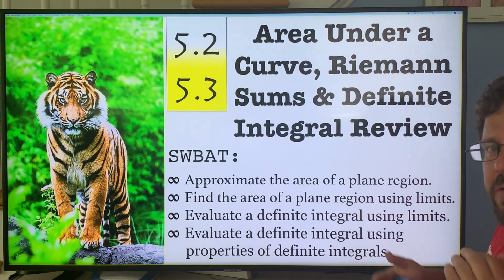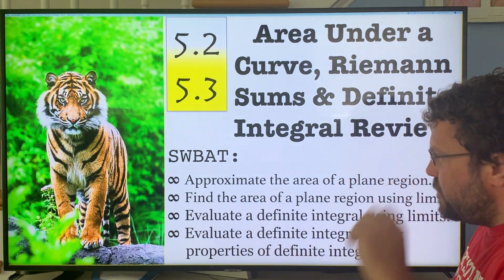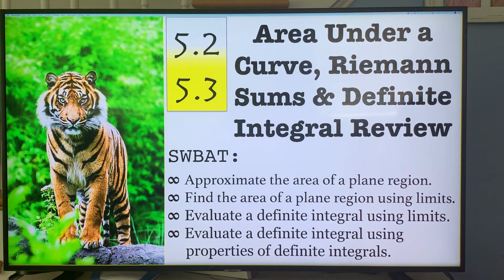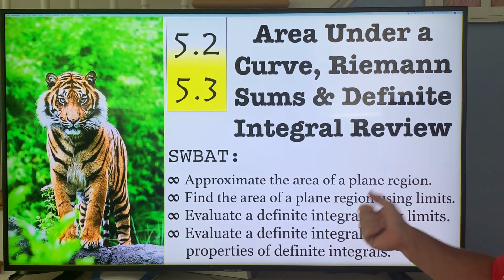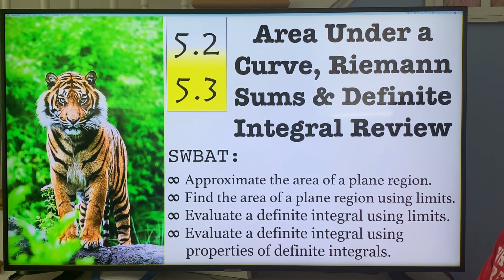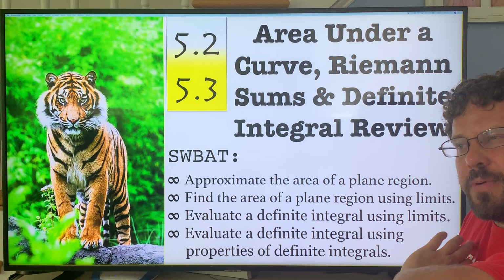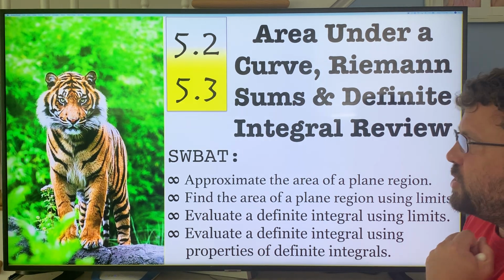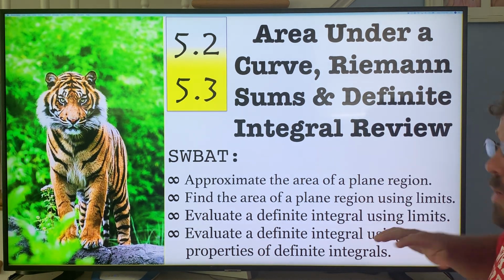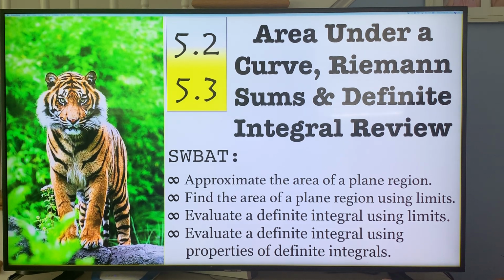By the end of today's review, if you do not already know how to do so, you should be able to approximate the area of a plane region, find the area of a plane region using limits, evaluate the definite integral using limits, and evaluate definite integrals using properties of, you got it, definite integrals. So, four different types of problems. You should be able to master each one. All right, we're going to do a little maximum minimum from 5.2 and a little Riemann sums and definite integrals